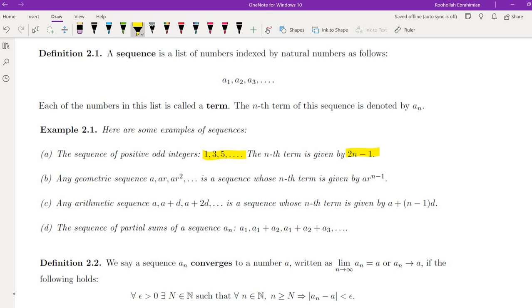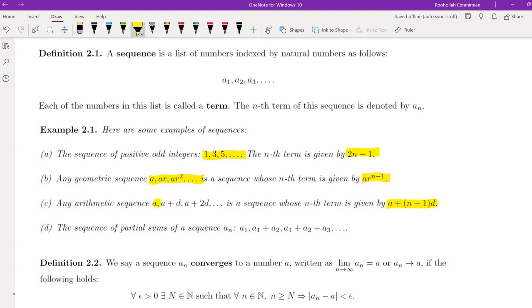Any geometric sequence that you take is also a sequence, and the nth term is the first term times the common ratio to the power of n minus 1. So the first term is a times r to the power of 0. The second term is a times r to the power of 1, and so on. Any arithmetic sequence is of course also a sequence, and the nth term is the first term plus (n minus